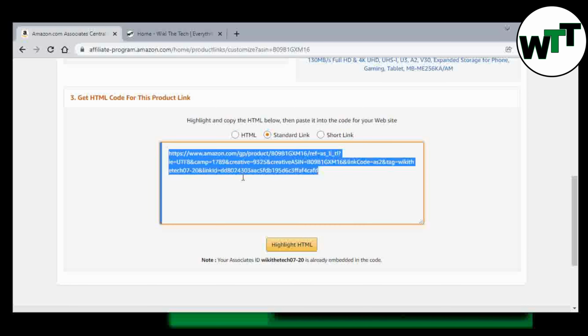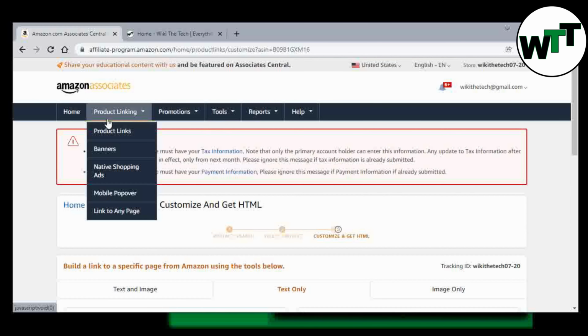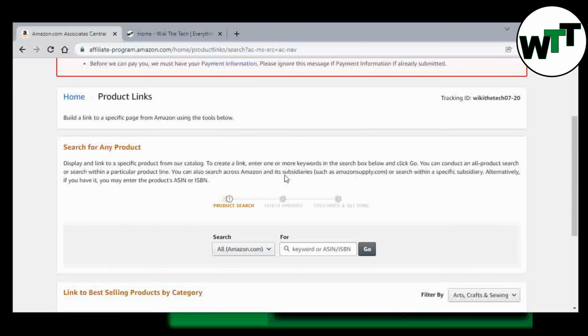And as you can see in this link, you will see your ID, the username you created. You can see wikithetech 07-20. This ID is gonna track all the purchases through your link, but you can also make it shorter by clicking on short link. Once you click on short link, copy that and spread it all over your community. Or if someone wants to buy something on Amazon, you can specifically search for that product according to the seller they want to purchase from. Like one of my friends wants to purchase a